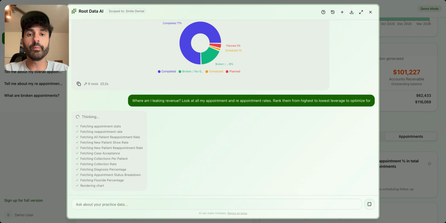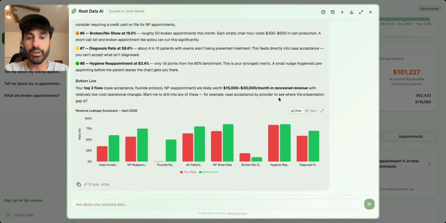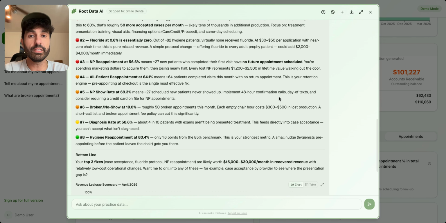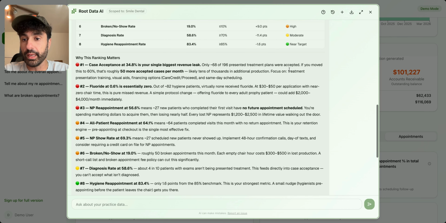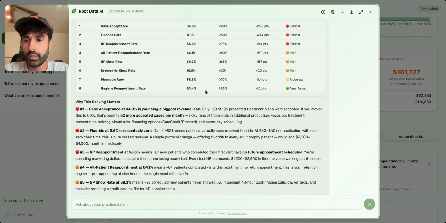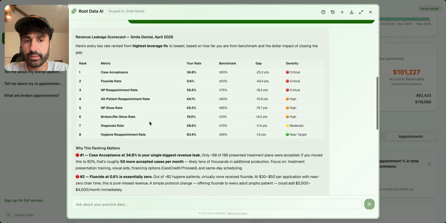We want to target the biggest revenue and profit unlock, and that's what Root Data enables you to do. You can hyper focus on where the biggest leak is versus clicking through all these spreadsheets and dashboards. You can see it's thinking, just like you would have a conversation with someone who, if you ask them a question like this, would have to look at data, think through it, and then give you an answer. So case acceptance,